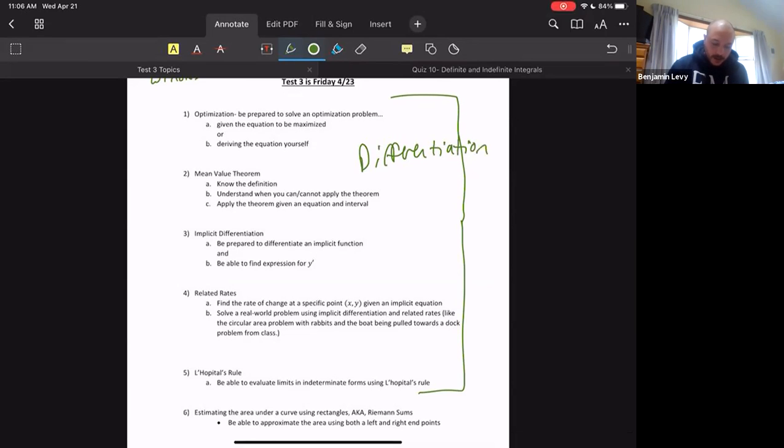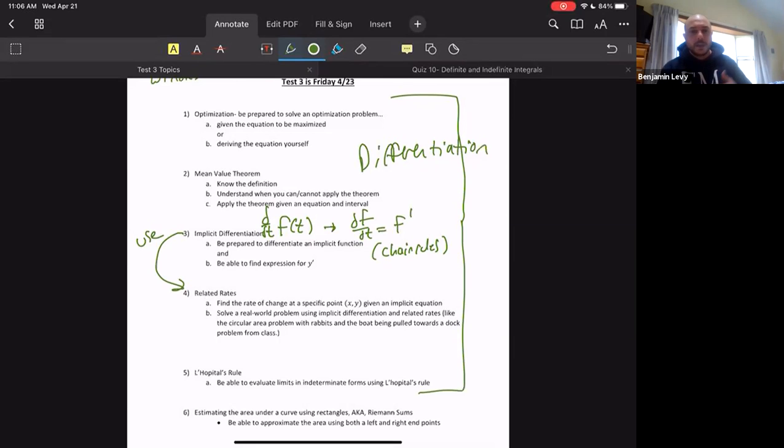Implicit differentiation is where you have like a function of time, for example, and then you're doing d over dt of that, if you remember that kind of idea. And so that becomes like df dt or f prime. And so it often requires lots of chain rules is the way to remember that. Anyway, so you use implicit differentiation in related rates. And so that's why those two things are oftentimes tied together. They're sort of individual problems for implicit differentiation. We had a whole homework set of those, but then the next homework set was related rates. And the way you set those problems up always involve implicit differentiation. So we can look at that connection there if you're interested.